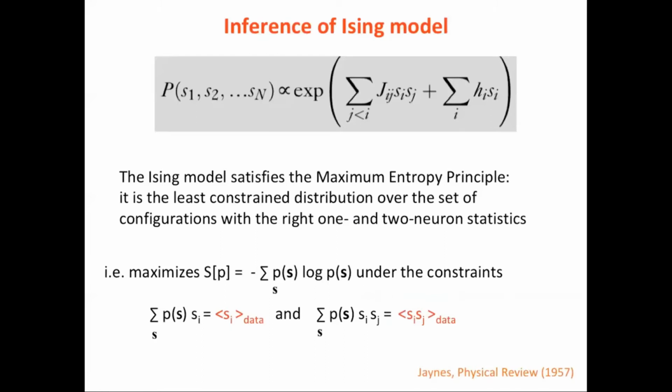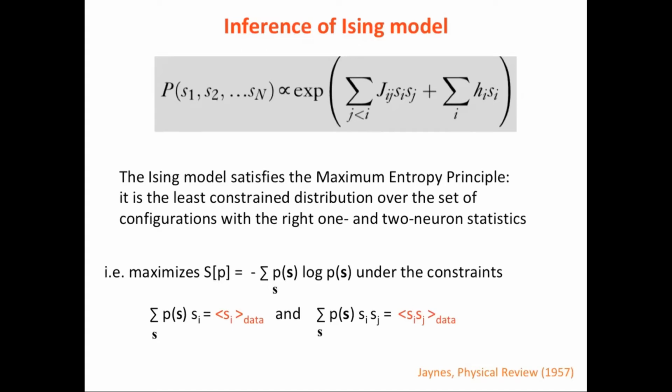There could be many models which are reproducing the 1 and 2 point statistics. The reason is that the Ising model satisfies the so-called maximum entropy principle, which was advocated by Jaynes half a century ago. So the idea is that it is the least constrained distribution of a set of neural configurations with the right 1 and 2 neuron statistics. More precisely, if you define the Shannon entropy as a sum over all possible configurations of minus P of S log of P of S, where P of S is the probability of a configuration S, of a vector of activities S,